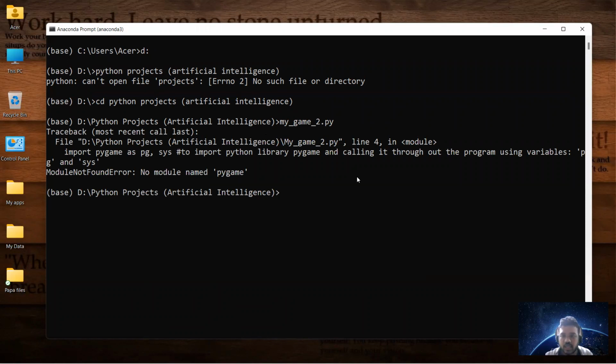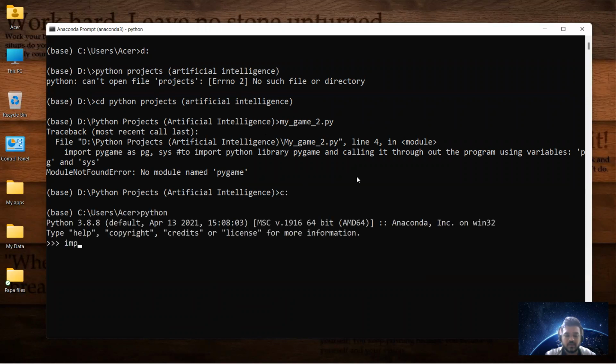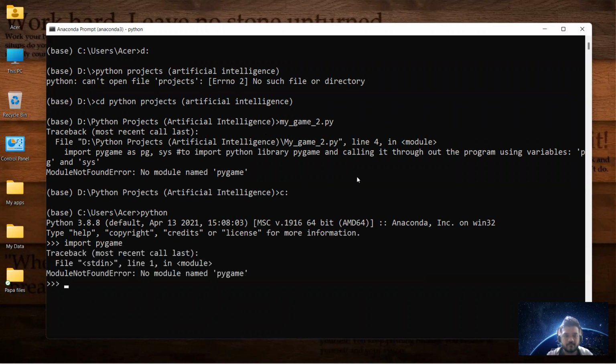So let me check if I have my Pygame installed or not. So let me call Python, okay, and import Pygame. All right. Here is the issue. In command prompt where my Python version 3.7.3 is working, I have my Pygame library installed. Okay, so